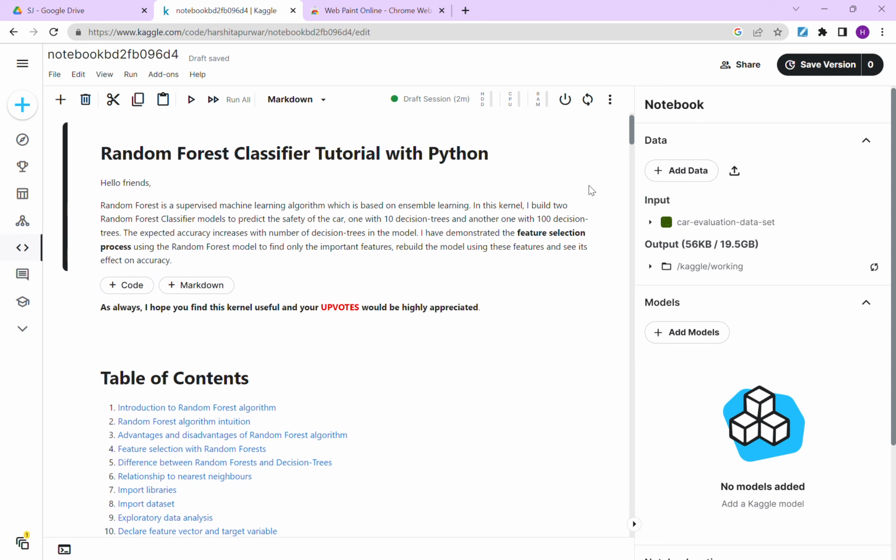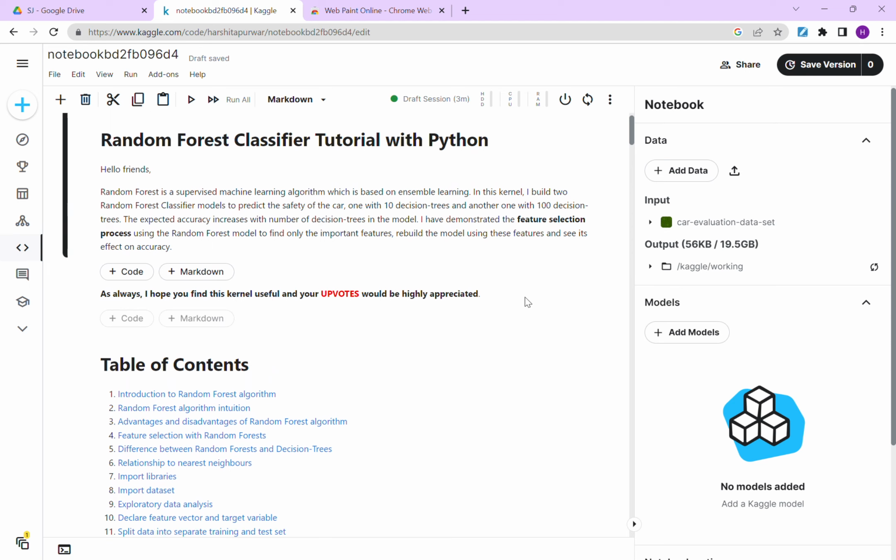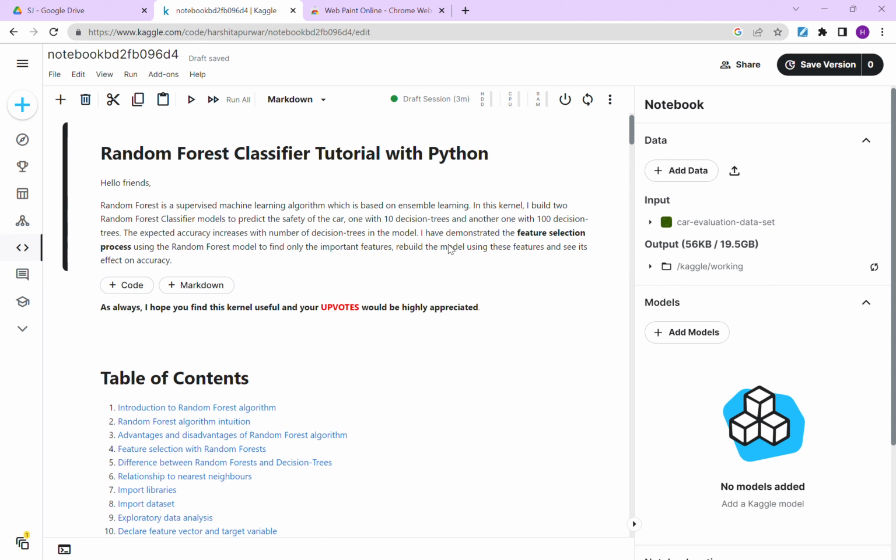Apart from that, you also have some added functionalities like accelerators and all. And you can input your data, and also you can search from Kaggle's data sets if you need any data set for your model selection purpose. So basically what we are doing in this tutorial is testing random forest classifier and seeing the performance of random forest classifier based on the change in number of the decision trees it contains